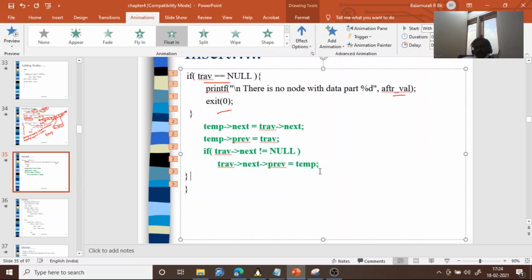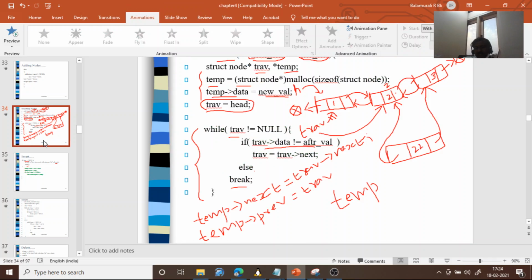But there is a condition. We should do this only if traverse arrow next is not equal to null. What does it mean? Insertion can happen at any place. Now we are assuming we are inserting between node 2 and node 3, but assume node 2 is the last node.